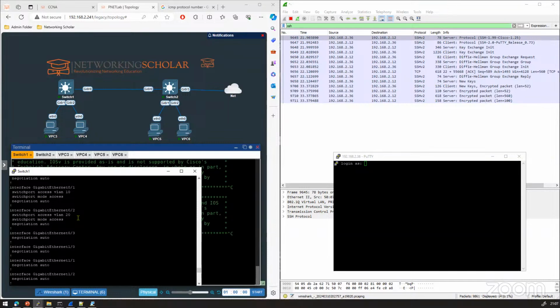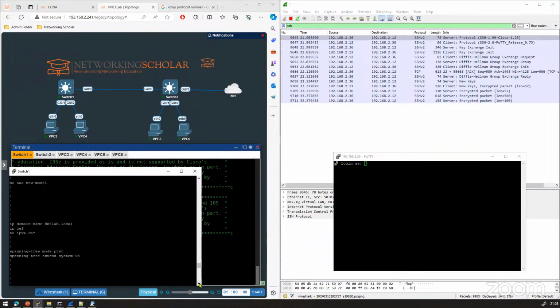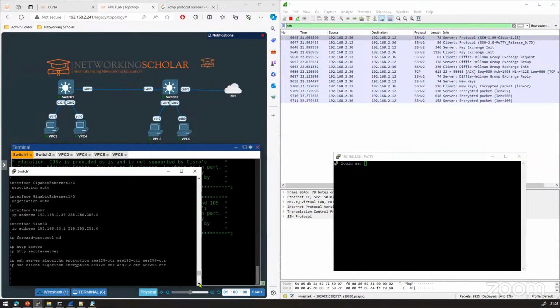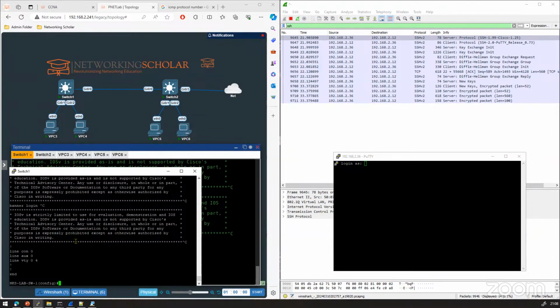I know about it, but let me show you the configuration. We have started from here and you can see all of the configuration. Spanning tree is there, interface configurations are there, but you are not able to see the username and password. You can also see there is a VTY 0 to 15. So I know there is no username configured, so I'm using